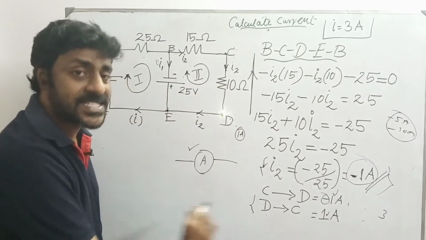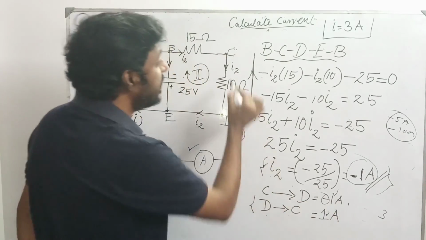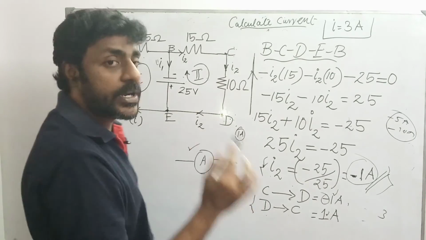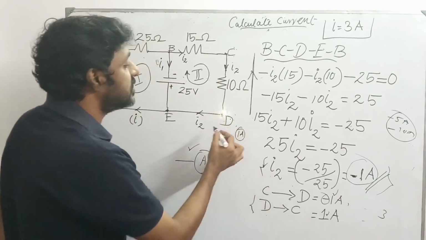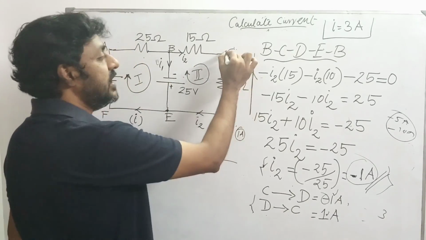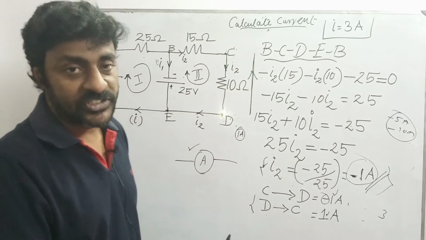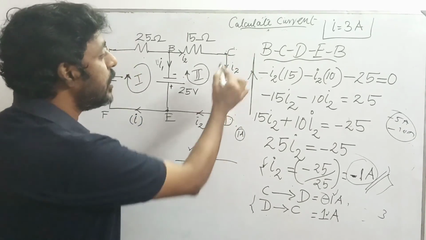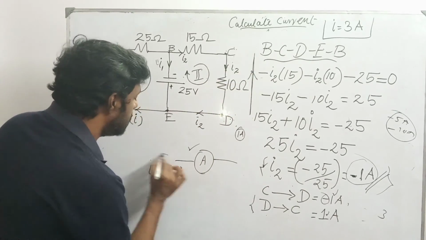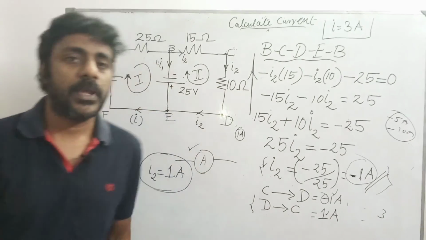Now you need to add a statement such that the value of the current is minus 1 ampere when the current flows from C to D as per the circuit diagram. But since current does not have a negative value, we need to change the direction. Usually in this diagram, the current is flowing from the point D to C, such that if it flows from D to C, then the value of the current will be positive, that is 1 ampere. So the value of I2 is nothing but 1 ampere. So now your task has been accomplished. Thank you all.